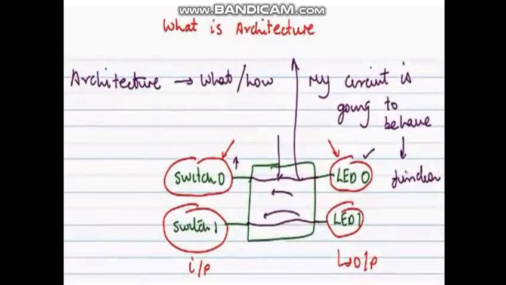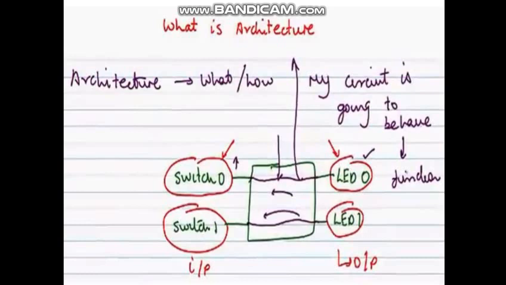What is this architecture? The architecture is a particular block where we get information about what exactly this circuit will do, the operation of that particular circuit, or the complete behavior of that circuit. A block which describes the operation and behavior of the circuit is called the architecture block. It specifies what the circuit is and how it operates.